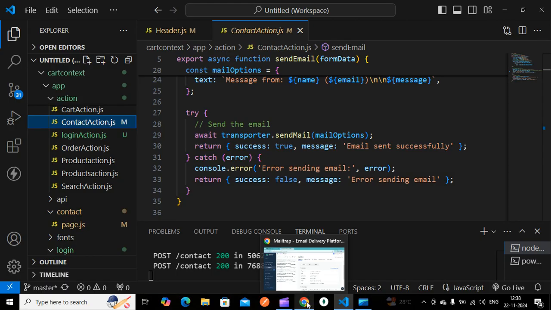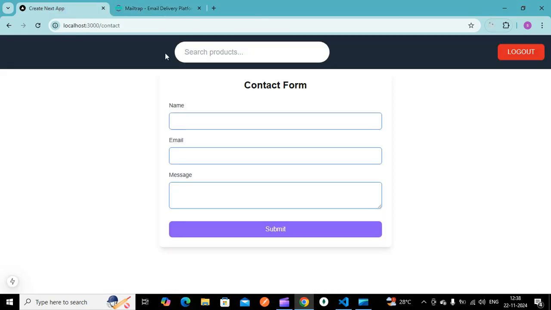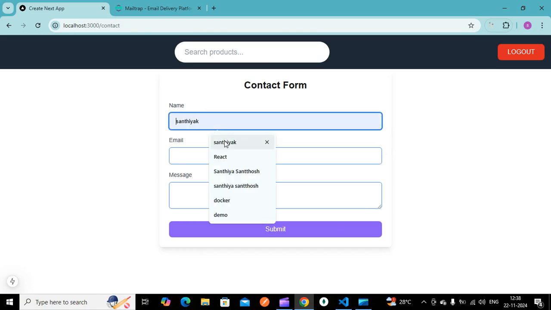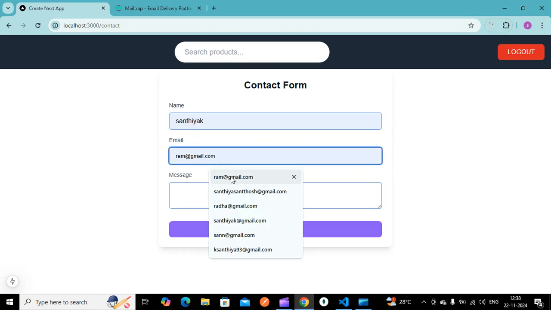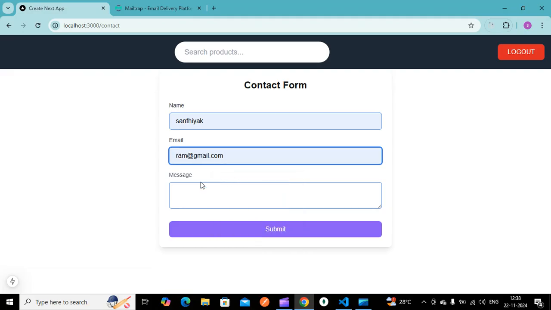Then we have to go to this particular create-next app. Here you have to go to the contact form. Here you have to give a mail ID. Suppose I'm just giving rom@gmail.com. This is an enquiry about the product size. For example, I'm just giving an inquiry about this product size detail.